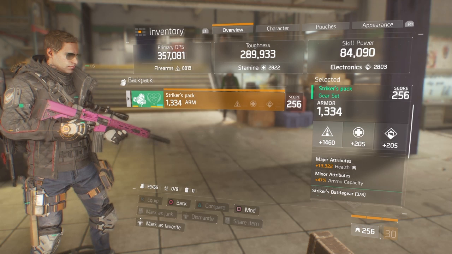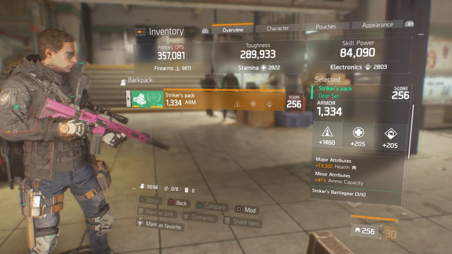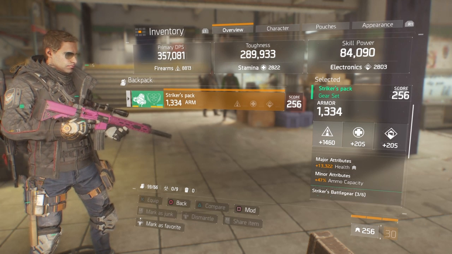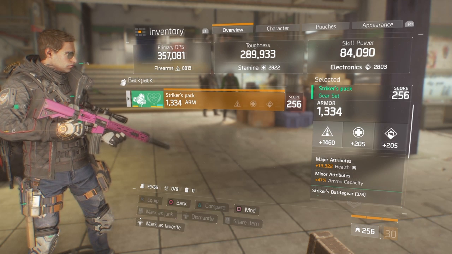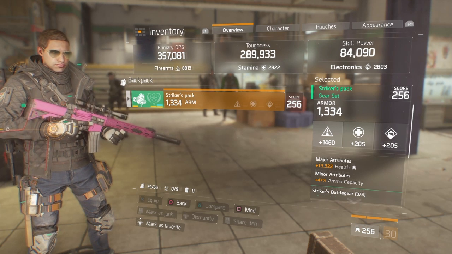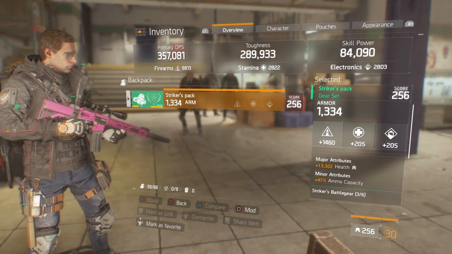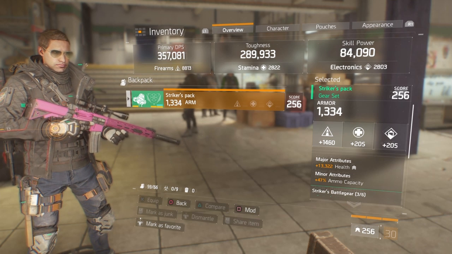Now this is perfect. I re-rolled this Strikers pack. It was already firearms, but at the time it was exotic damage resistance, and I've changed it now to health. The max health you can get is 13,369, so about 13,000 and above is what you want to be re-rolling to. Before you re-roll and then come back saying you don't have the right stuff for it,